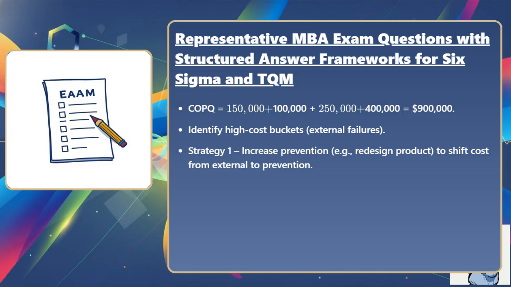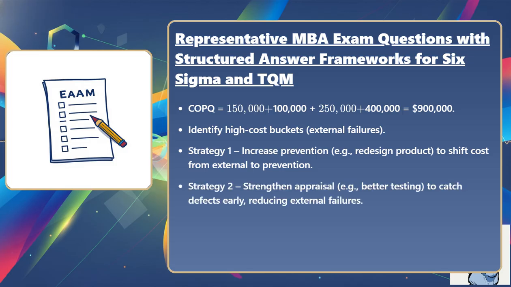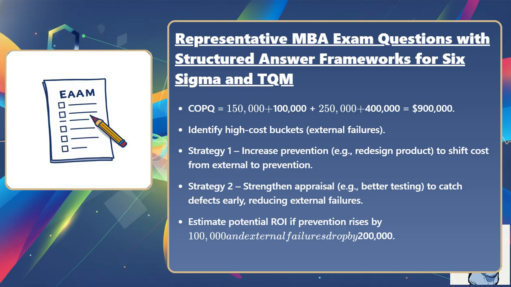Strategy 1: Increase prevention, such as redesigning the product to shift cost from external failures to prevention. Strategy 2: Strengthen appraisal, like better testing to catch defects early, reducing external failures. Estimate potential return on investment. If prevention rises by $100,000 and external failures drop